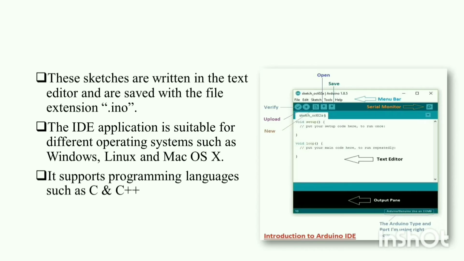It reads the setup function once and will never read it again. In the loop function, this is where we include the main code for what we want the Arduino to do. If we want to turn on an LED, that code is here,